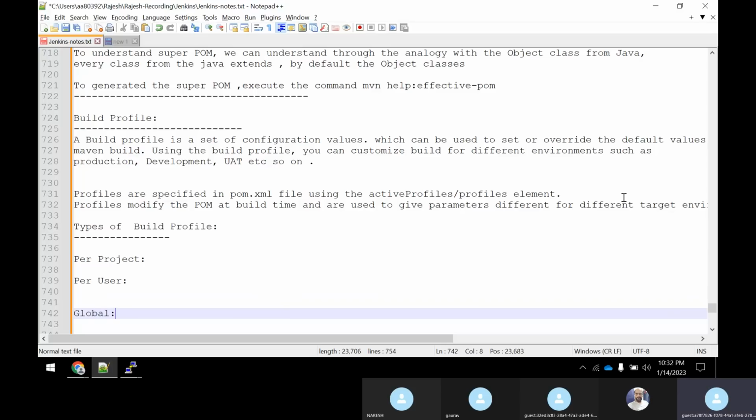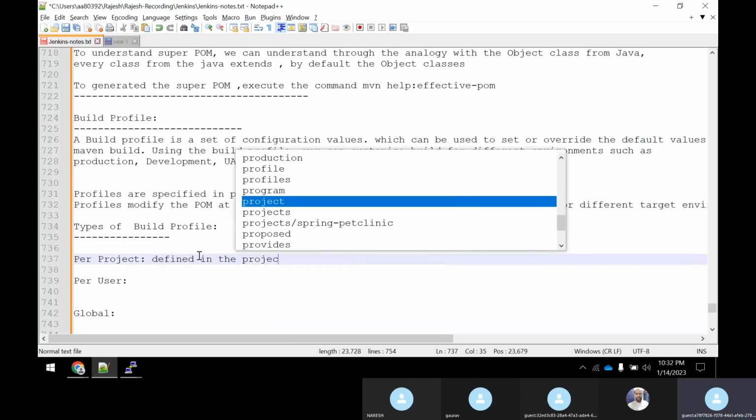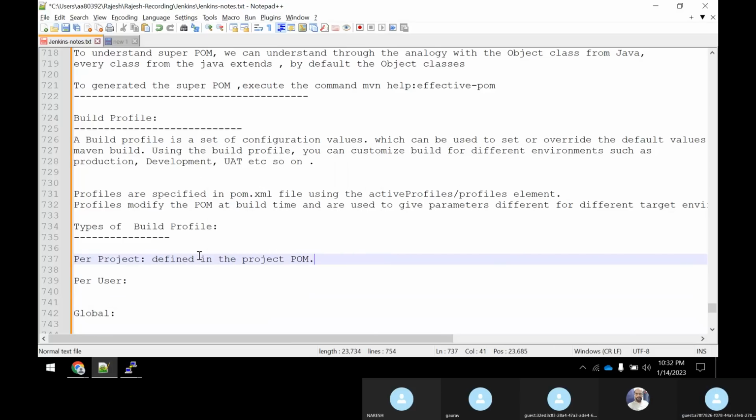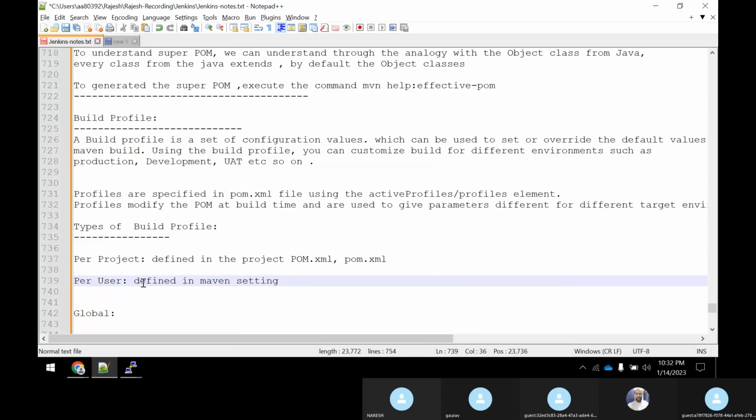Per project means it is defined in the project's pom.xml only, the pom.xml in your source code, where all the build profiles should be placed. If you want to specify for a specific user, then it is defined in the Maven settings XML file only.